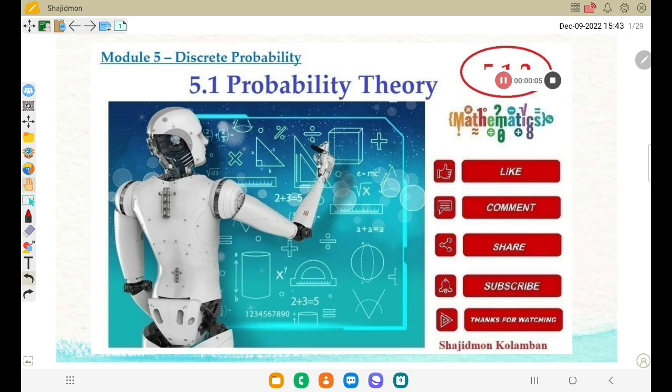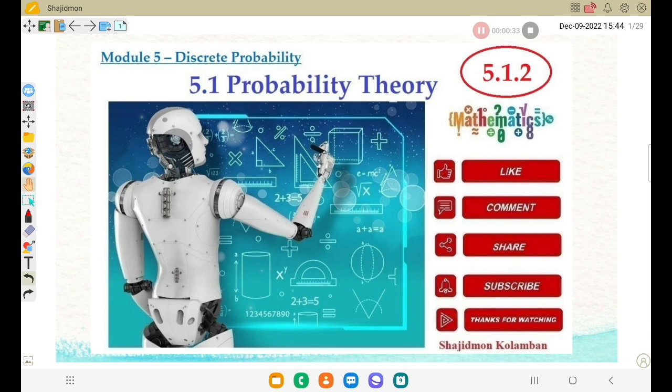In this recorded class, we are discussing the topic 5.1 probability theory, and especially the second exercise, 5.1.2, probability theory starting ideas. Okay, so already we discussed in one class the first part of probability theory, how to find the sample space,